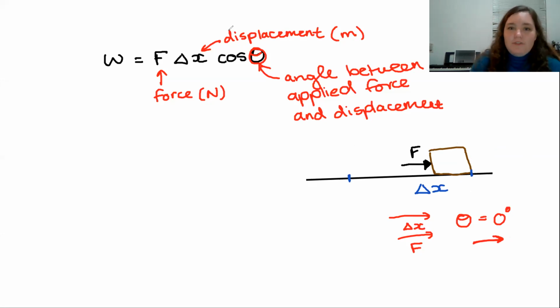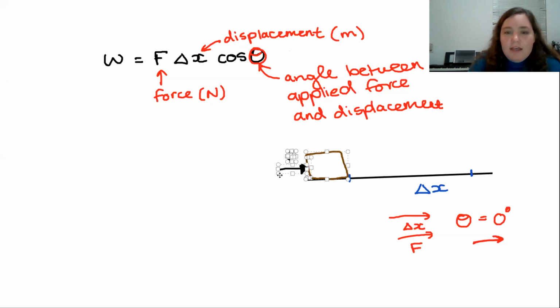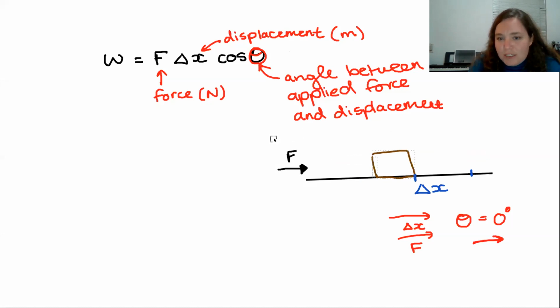Now, what about if instead we have a scenario where, let's see if I can bring it back here. This object is going to be moving, all of it. This object is going to be moving forwards, but it's slowing down because there's a friction acting in the opposite direction. So I could also have a situation where there's a resistive force, but the object is moving forwards. So if I've got a scenario where this, I can't stop that little blue thing from moving through as well, but where this object here